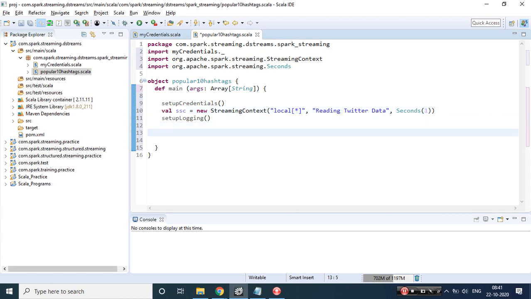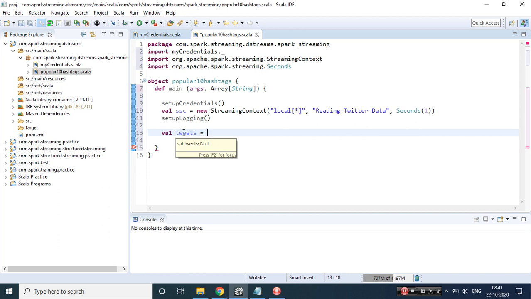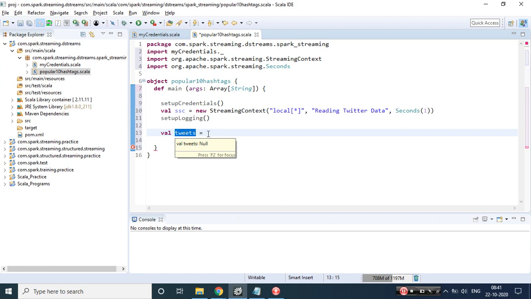Once this is done, then I need to start reading my data from Twitter. I can do many things, so let's do small things. Let's say I'm trying to get some tweets. These are just variable names. I can give any variable names of my choice. It does not mean that when I write tweets, I will be getting the tweets. I can write my name also over here. So val tweets equals, there is some method which I need to call, that is nothing but